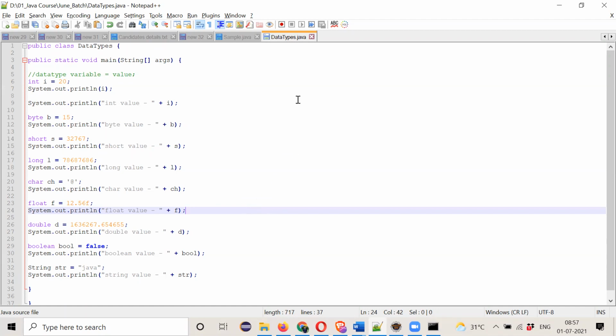Any doubts still here? Any syntax-wise or any other doubts? I'll give you this program as it is, and don't just copy it and execute. Take it as a reference and type it yourself, okay? Type yourself in a new class. And if you have any doubts, if you